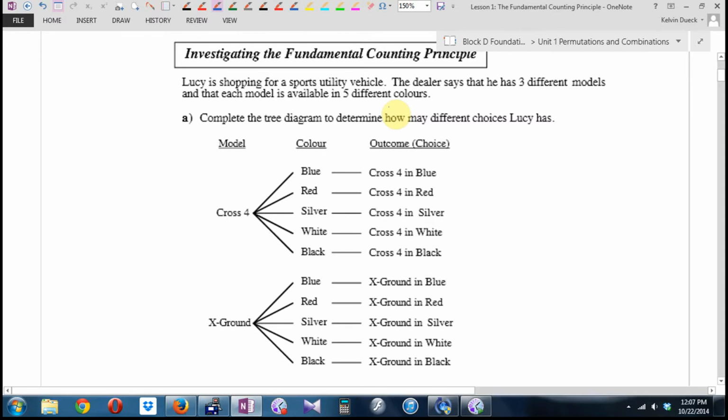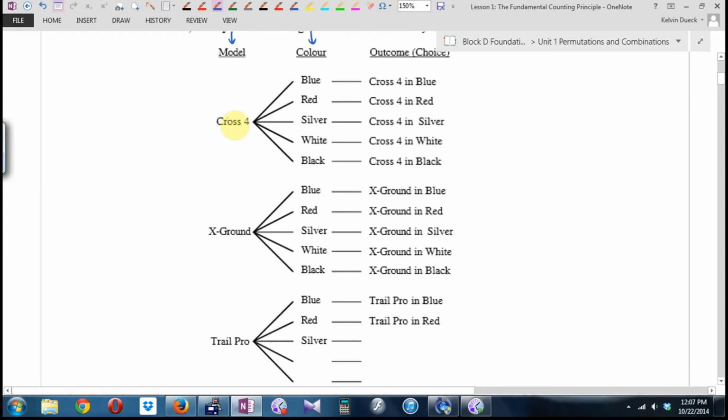We're going to start out with something called a tree diagram. A tree diagram says, what are the different choices we can make? We can pick a model, and we can pick a color. So for your tree diagram, you would list the 3 models, and then from each one of them, you build a tree for the color. Eventually, we're going to break away from this because it's tedious. We're going to find a shortcut. But looking at this,